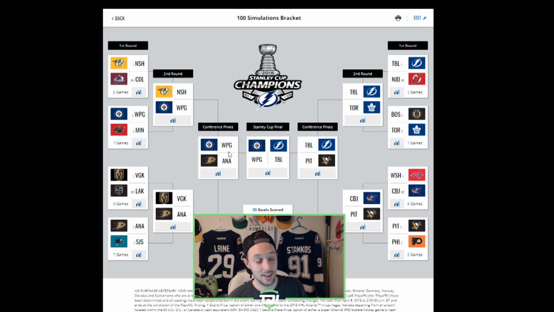This will be a great series, lots of scoring, lots of hitting, but the simulation says that Winnipeg is going to take it. They're going to outscore their opponents left, right, and center, and get an appearance in the Stanley Cup Finals. In the East, you've got Tampa smacking the Devils in 5,